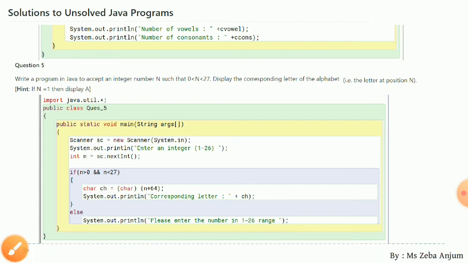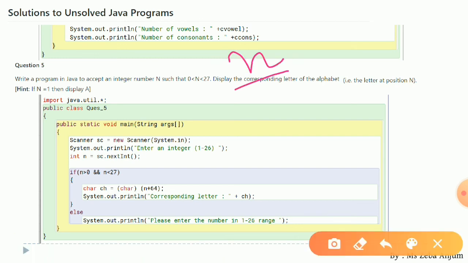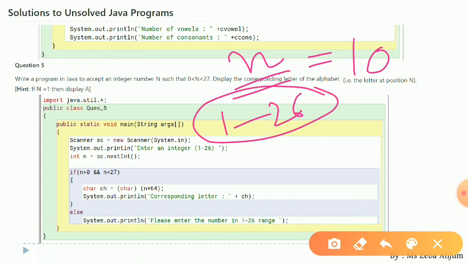Okay, now let us take certain examples so that we can understand the working of this question appropriately. We have this n over here. Supposedly, let us say we have entered the value of n as 10. It is satisfying the condition that n should be between 1 to 26. So these two statements will be executed.